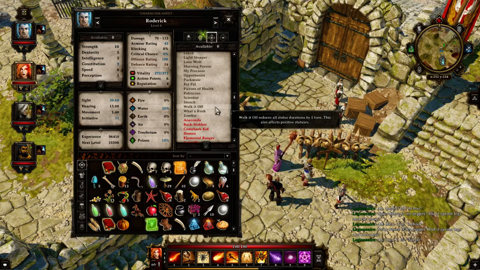This also affects positive statuses. Now I don't like this one because it affects positive statuses. So if I buff my characters, they will have 1 less turn of that buff just because of this talent over here. So I wouldn't recommend it unless your party is not so much based on buffing yourself. Then you might want this one,